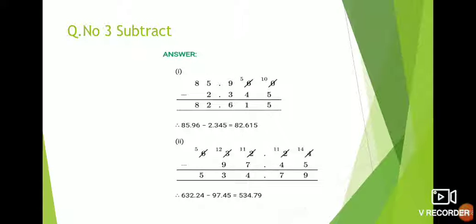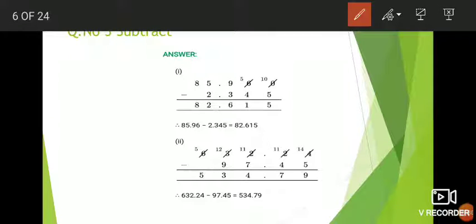Now subtraction of the numbers, this is also the same thing, but only points are there, that's why we are confusing. So here you don't see the point, you can do the subtraction, and whatever points are there, first we have to arrange the numbers properly, point to the point, that is unit to unit place, tens to tens place, 100 to 100 place correctly. Okay, so now here the number is 85.960 minus 2.345.